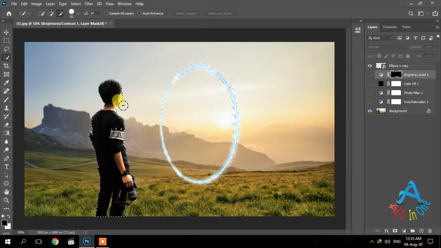If you need to deselect, hold Alt key and brush, it will minus the selection.